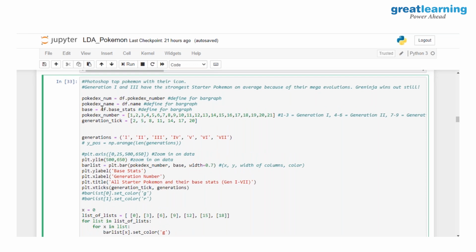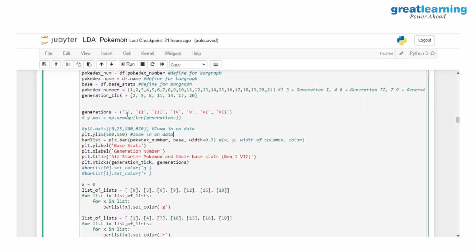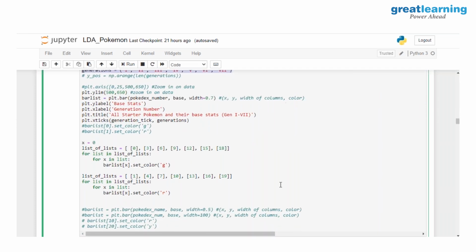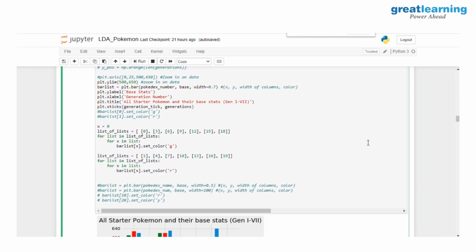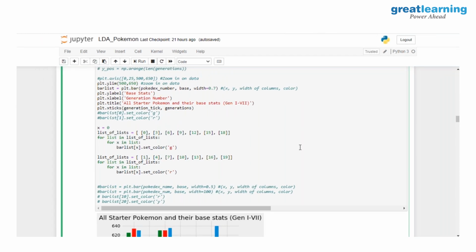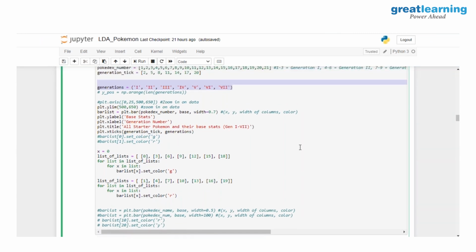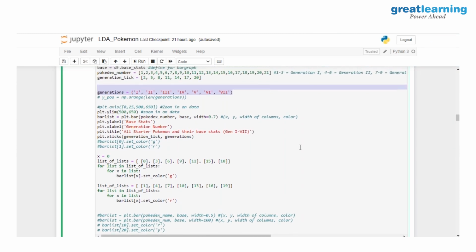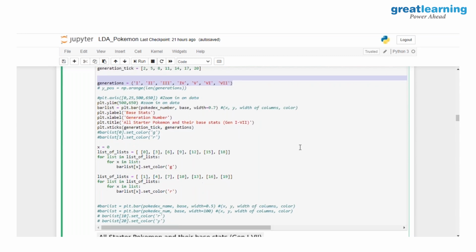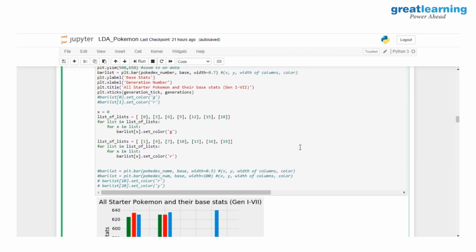So for defining the bar graph, we use the number, the name, and the base stat values. The Pokédex number was readily available to us. The generation tick was there, which is just to showcase the position they are in, the various generations they are part of, so that we can know where they are currently. Let me minimize this a bit so that we can look at the code against each of those values. Now, the idea is we wanted to understand all the starter Pokemon from generation 1 till 7,